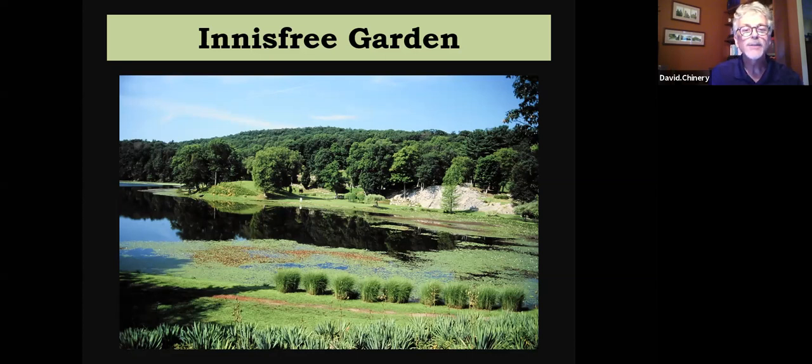Now, Innisfree is built around a pond, and it's a naturalistic landscape, and it's really kind of a one-of-a-kind place. You know, I've been to a lot of different gardens, and Innisfree definitely has its own vibe. It sort of has a mystical feeling to it. I don't know how exactly to describe it, but it's definitely got a spirit there. At least that's what I've thought when I visited it. And I've been there in the spring, summer, and fall, and it really is a beautiful place almost any time